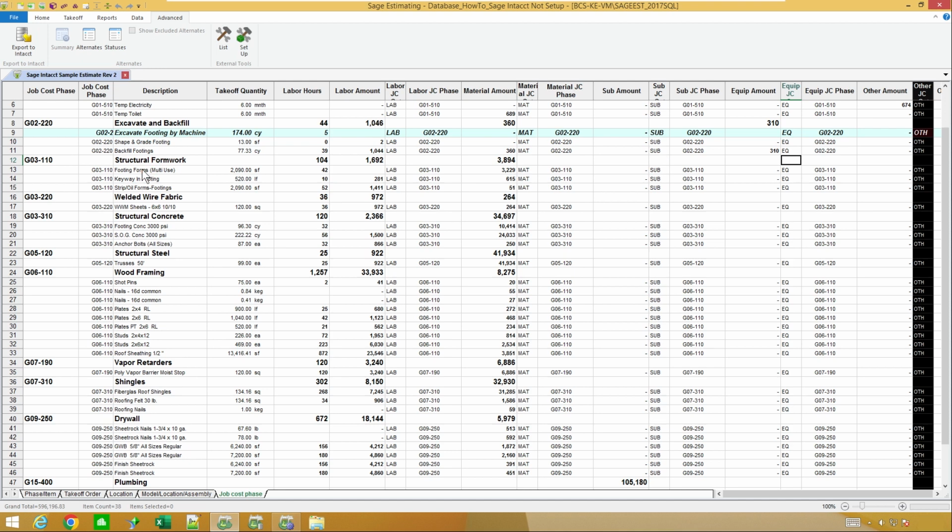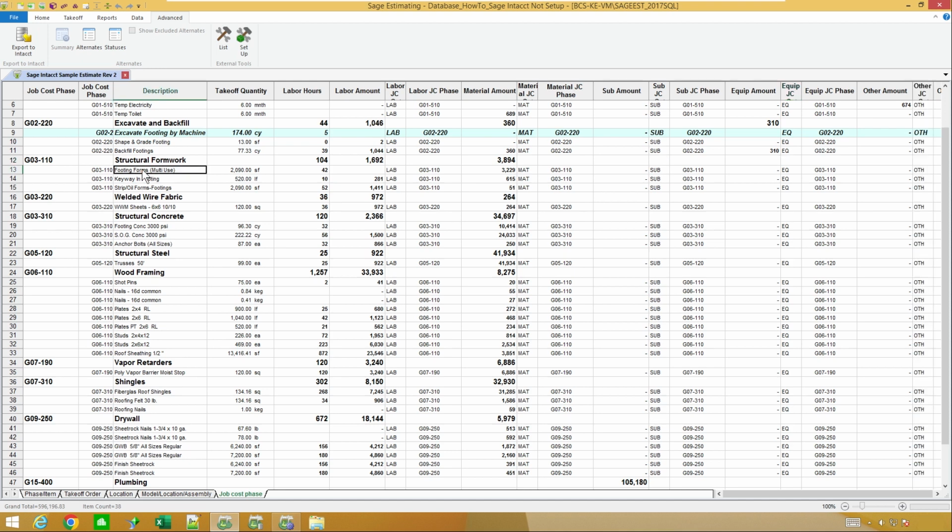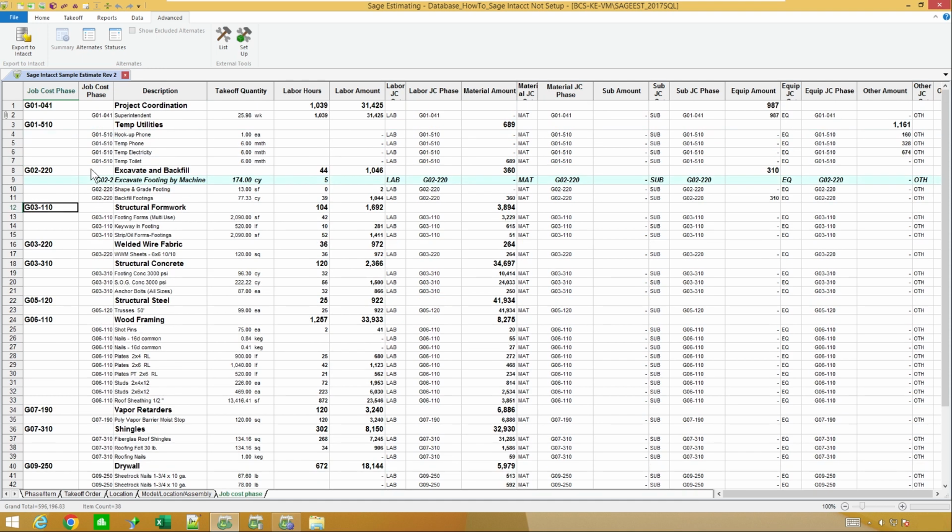So a few things. Some clients I work with use template estimates. So they'll build an estimate, copy that estimate to build their next estimate and things of that nature. So if I made this my template estimate and copied it, all these line items would already have those cost codes in there because I've done it once. I could also go through and edit my database.